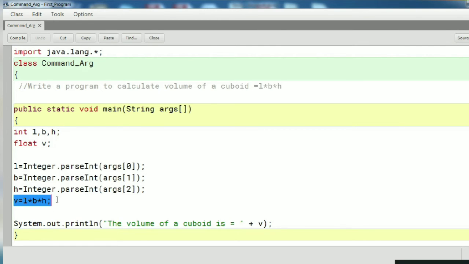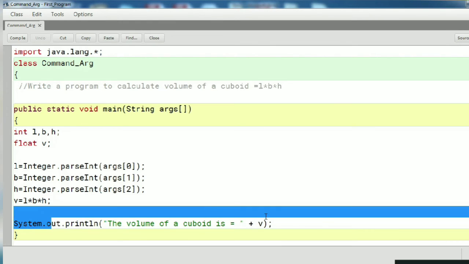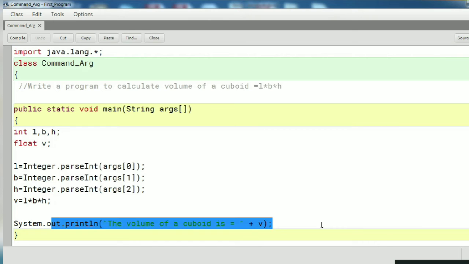In V we calculate the volume of the cuboid, that is L into B into H, and in the last statement we print the volume of the cuboid is V. We need 3 values: the first goes into length, the second into breadth, and the third into height.